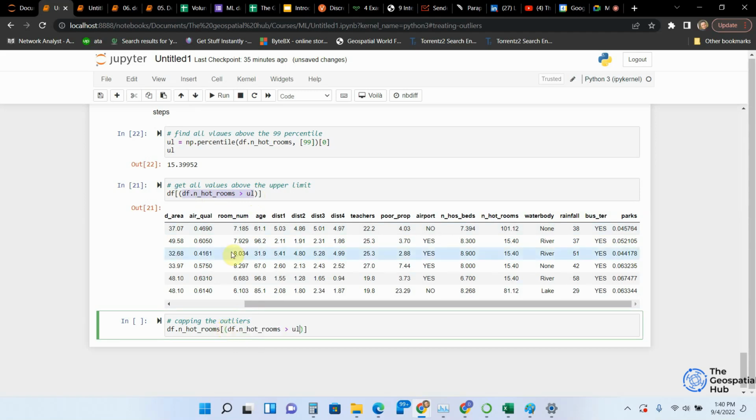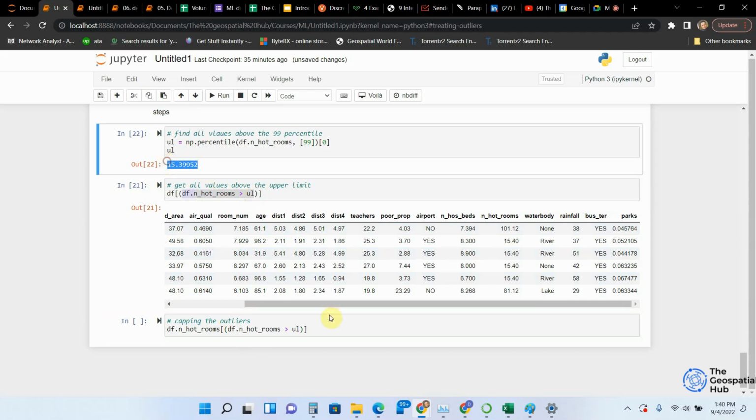So now we are saying wherever this data frame is greater than this limit we've given to it, we want it to do something to that data frame. So wherever the data frame is greater than, let's say,